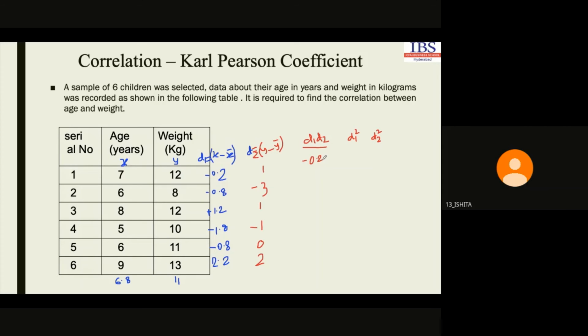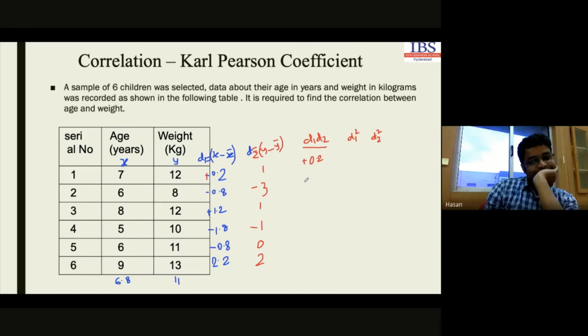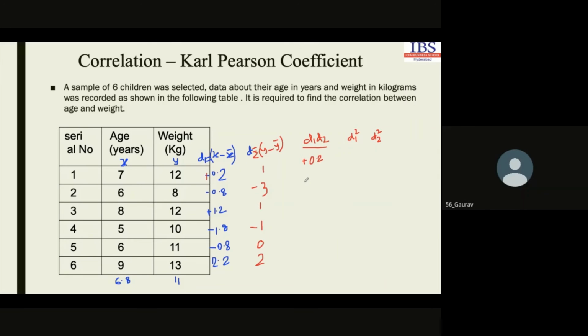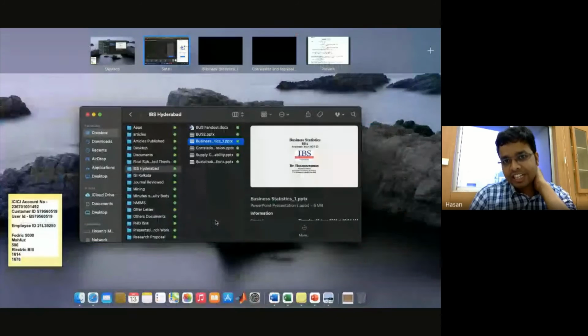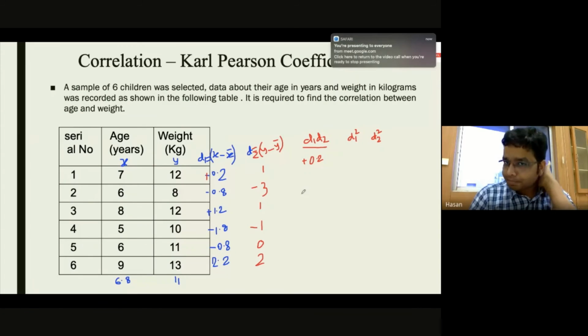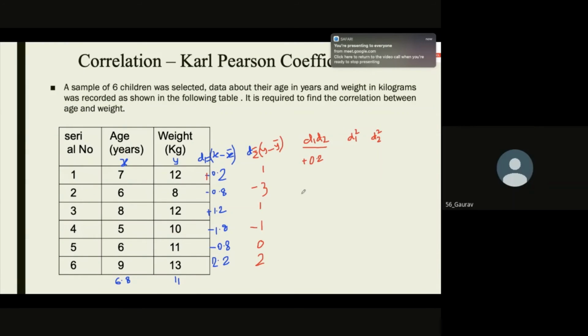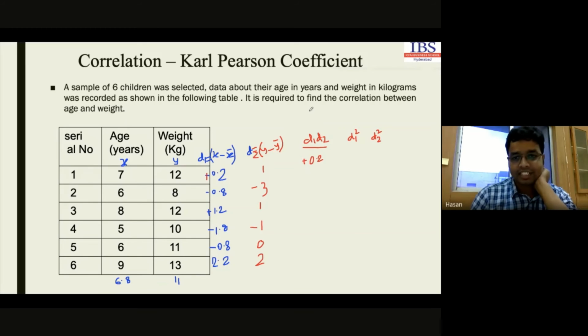Sir, it's plus 0.2. Sir, 2.4, 1.2. Should we say all those, sir? D1, D2, are we supposed to say that? No. So you solve it, tell me what to write here, and I am writing it here. Sir, 10 total, D1, D2. D1 is 10, D2 is 10, right? Yes, sir.